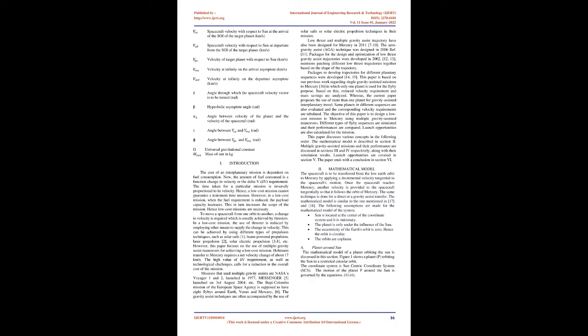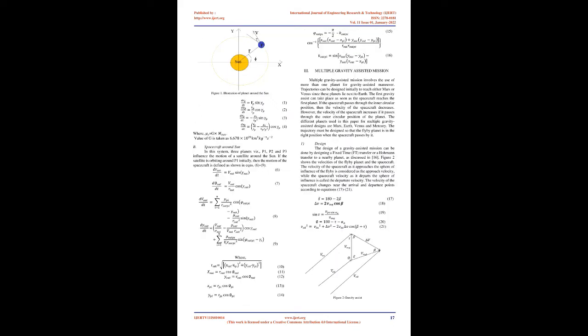However, this paper focuses on the use of multiple gravity assist maneuvers for achieving a low-cost mission. A Hohmann transfer to Mercury requires a net velocity change of about 17 km per second. The high value of ΔV requirement, as well as technological challenges, calls for a reduction in the overall cost of